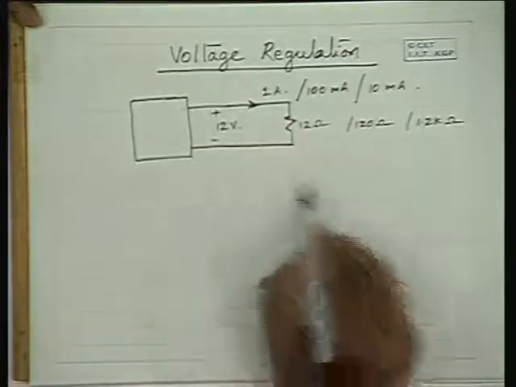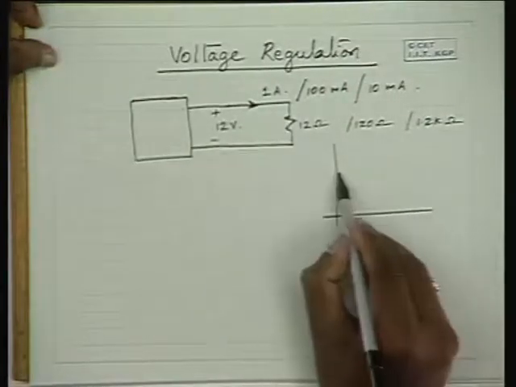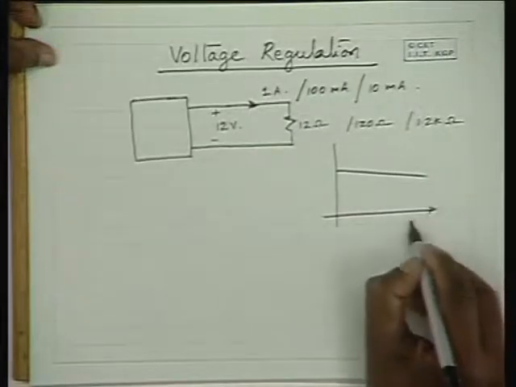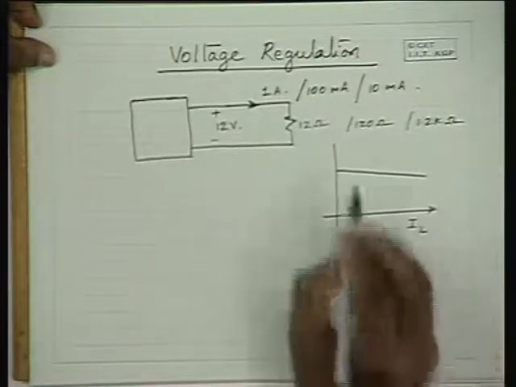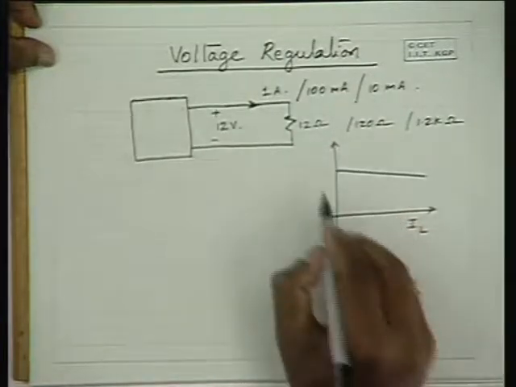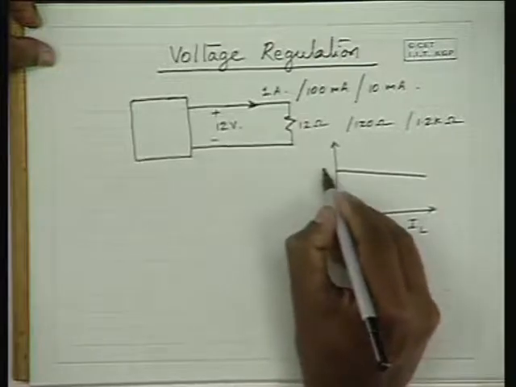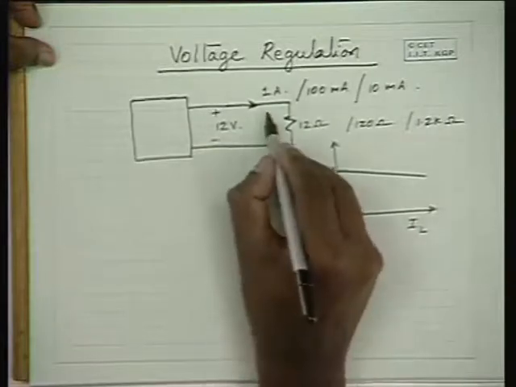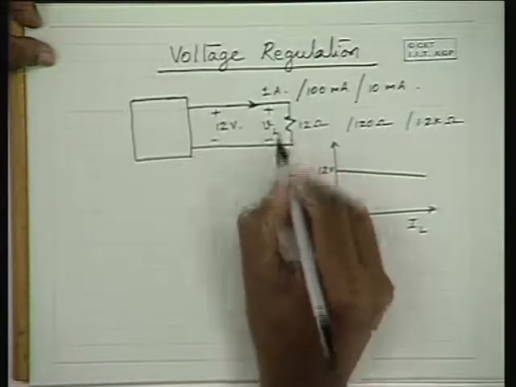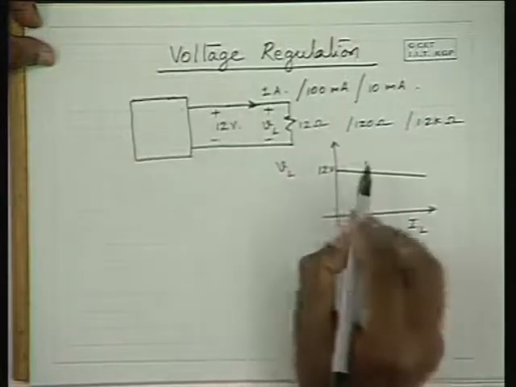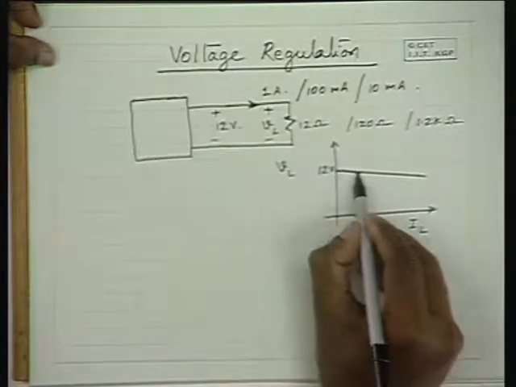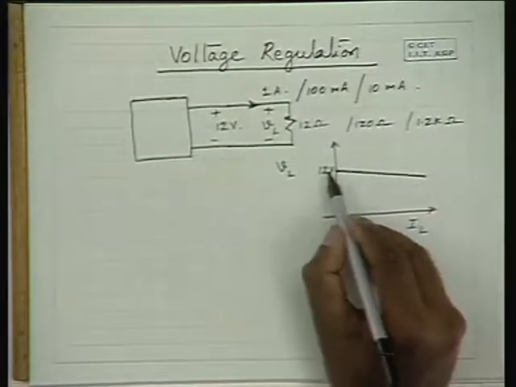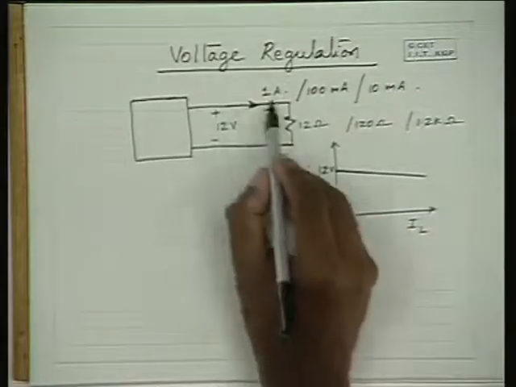But in practice, you find that the supply voltage falls to some extent with driving current, with the load current. If the load current is IL and this voltage is the supply voltage and this is the load voltage, let us say that this is the load voltage VL. Actually the voltage you get here drops with increased load current. So it may drop from say 12 volts to about 11 volts if you draw 1 ampere current through it.